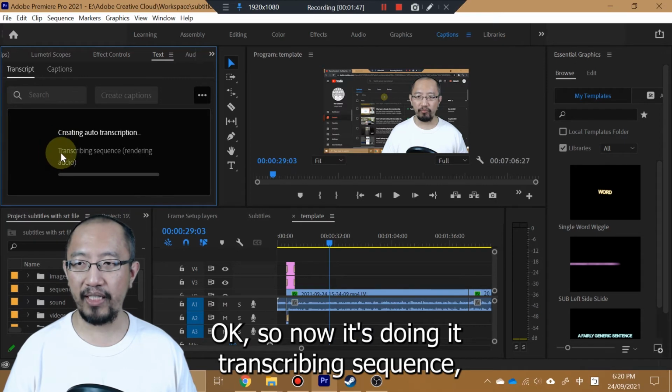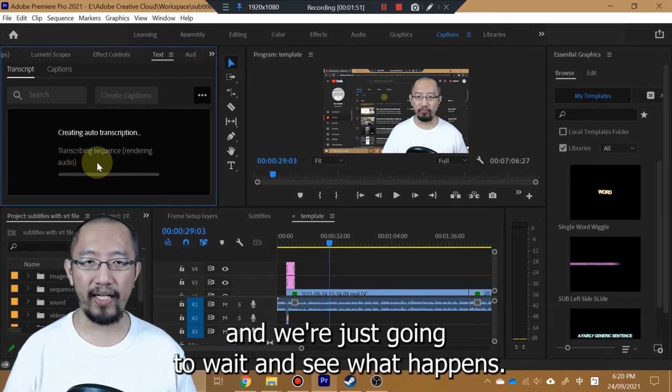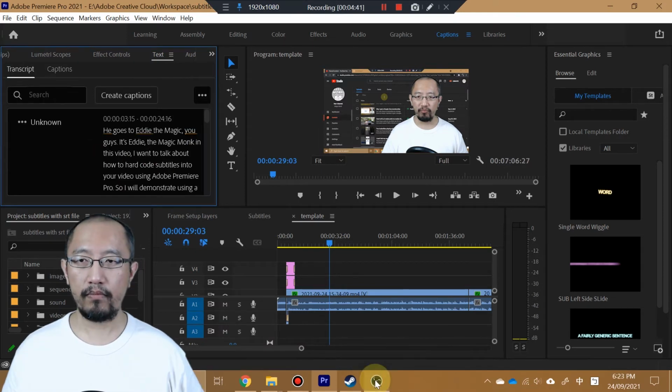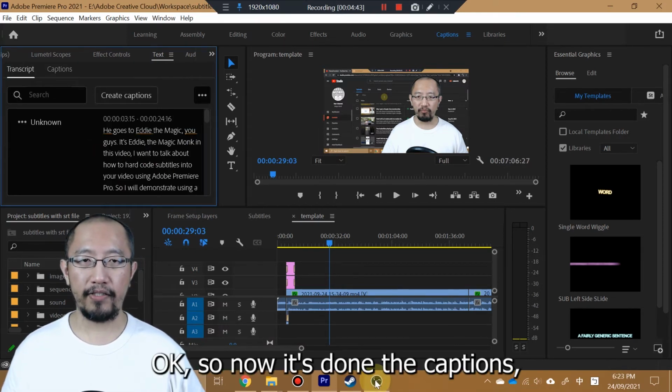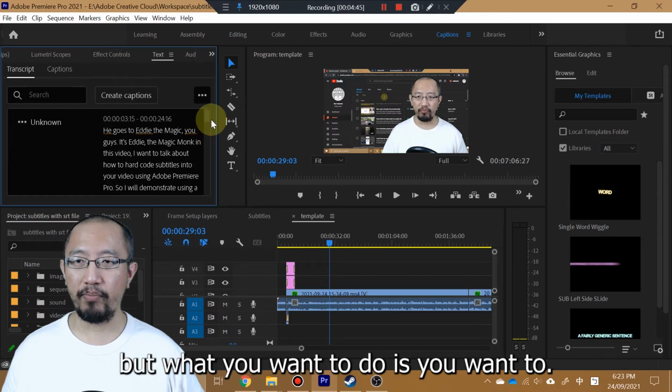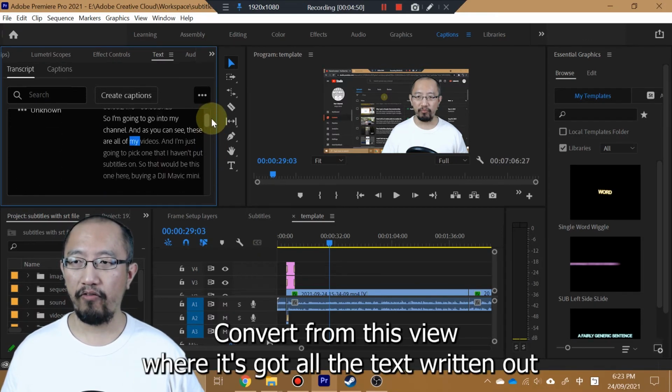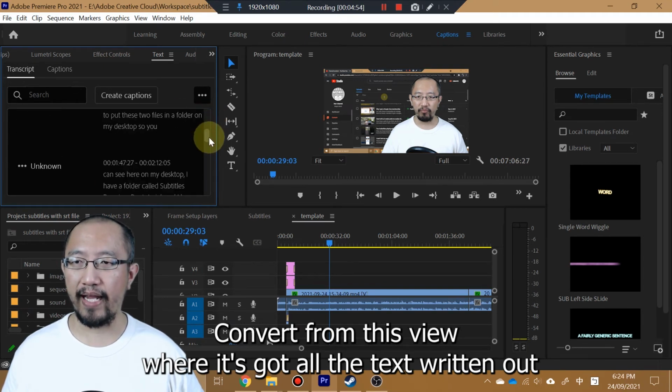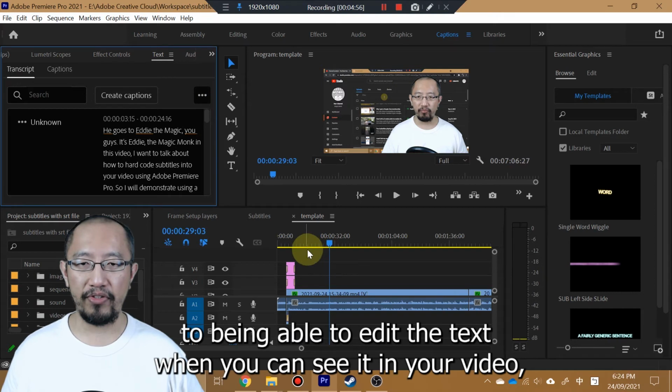Okay, so now it's transcribing the sequence, and we're just going to wait and see what happens. Okay, so now it's done the captions, but what you want to do is convert from this view where it's got all the text written out to being able to edit the text when you can see it in your video.